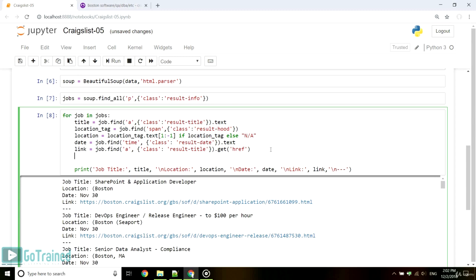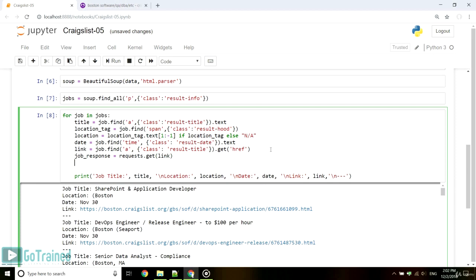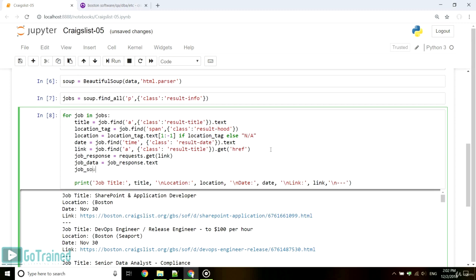First, you connect to the page: job_response equals requests.get(link). Then you get the source code: job_data equals job_response.text, and pass it to BeautifulSoup to parse: job_soup equals BeautifulSoup(job_data,